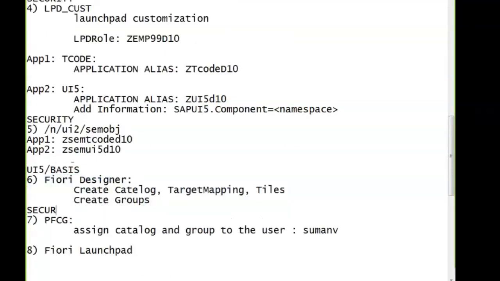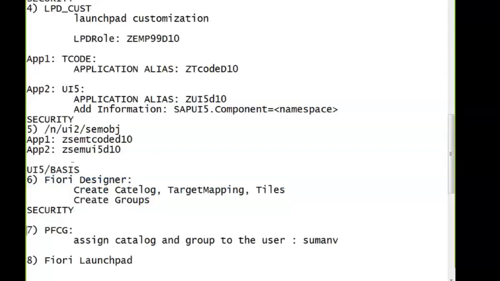PFCG is purely a security role. Launchpad, UI5, for any user having the access, end users. Once it is released to production, after it moves from staging, then you can have the Launchpad access to the applications.